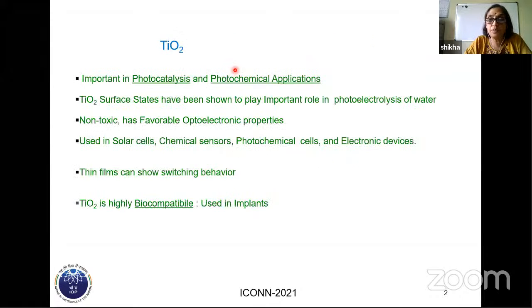So TiO2, for this audience, is not a new material. It is important in photocatalysis and photochemical applications. And these TiO2 surface states have been shown to play an important role in the photoelectrolysis of water. This is a non-toxic material with many interesting optoelectronic properties, and it is used in solar cells, chemical sensors, photochemical cells, etc. They show interesting switching behavior, and it is highly biocompatible, as